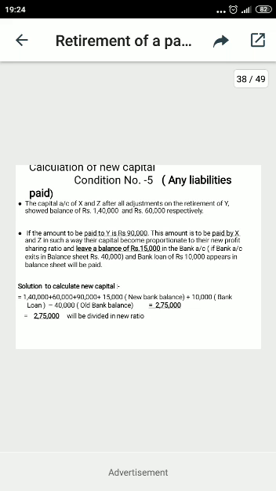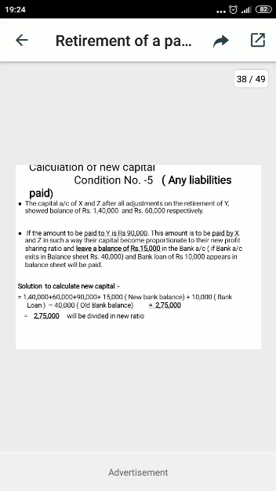Now the next one is the last example I am taking. Along with all these, any other liabilities, if they are also paid, or any other requirement, even then it will be added here. Like the same example, X and Z 1 lakh 40 and 60, payable to Y 90,000. The amount is to be paid by X and Z in the same proportion. So again you may observe 1 lakh 40, 60 and 90 will be added as usual, and the leaving balance of 15,000 is again added here. When it is added, the old balance is deducted.